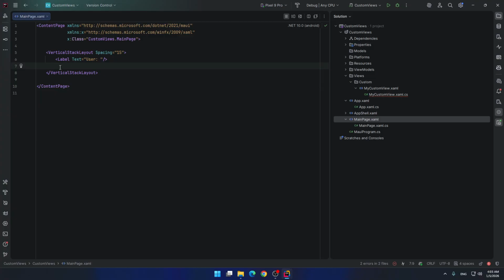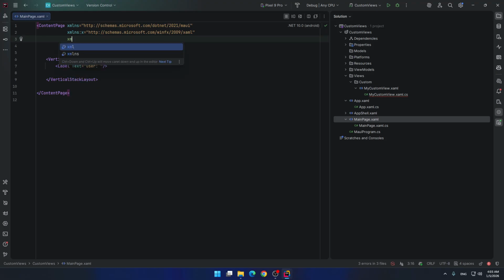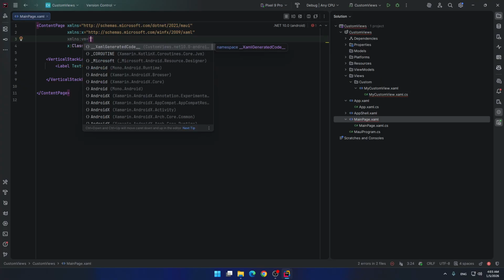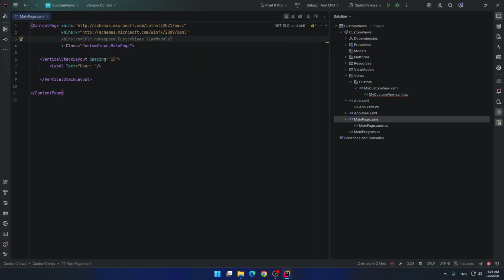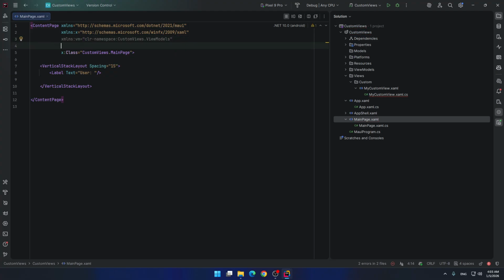So if we want to use our custom view, we need to add some things here. For example, we need our view model. Let's give it a name VM. So we need our custom views project, view models folder. Let's add our my custom views.